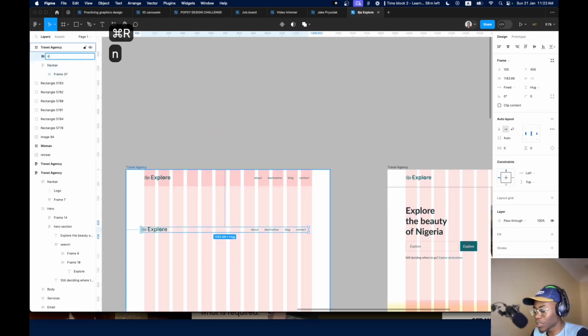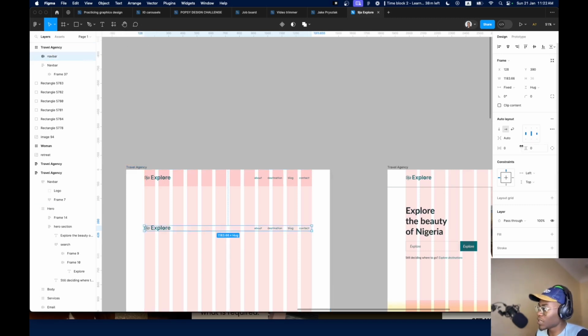You can just come here and rename it navbar. Since this is already an auto layout, you just give it, is it Shift A? What you do is give the padding top and bottom, let's call it 40, and left and right is 128. So by the time you align, okay. Because it's auto, you just drag it like this. And you can give it a layout grid of desktop too, and you can see we've achieved the same